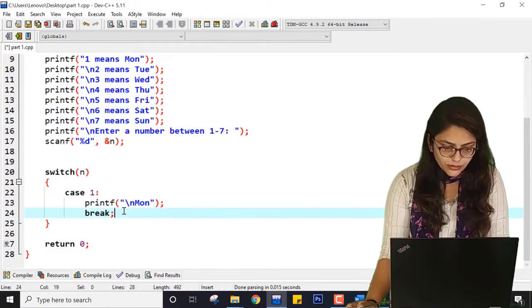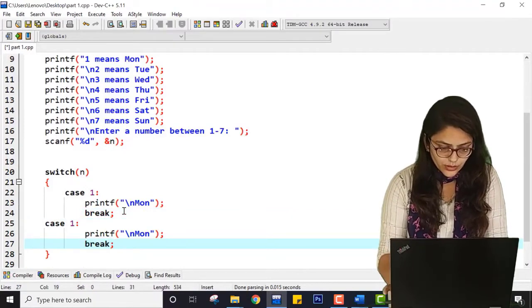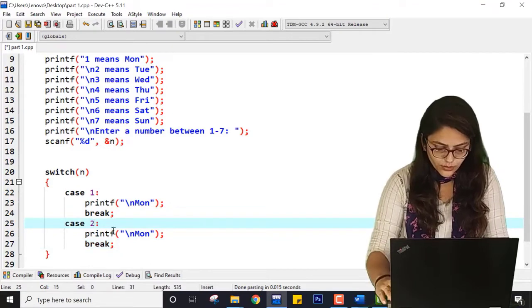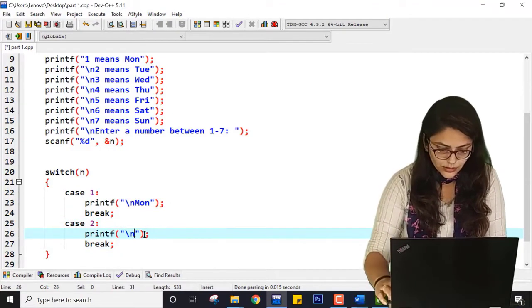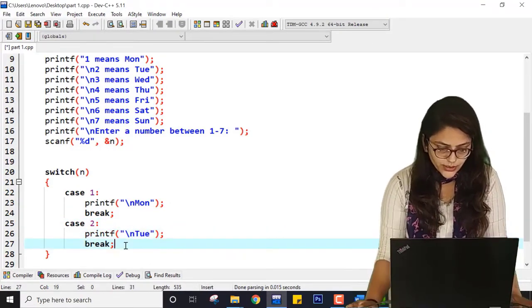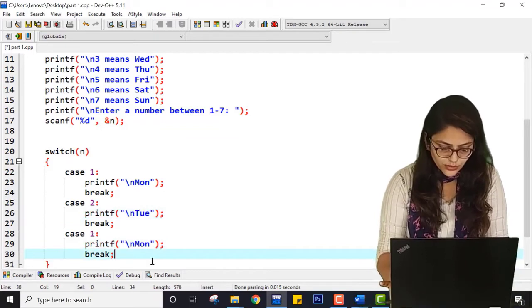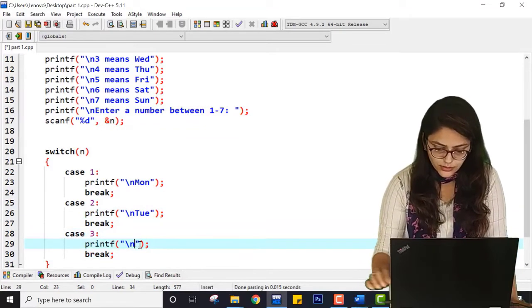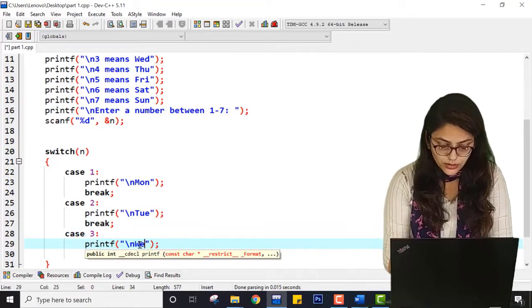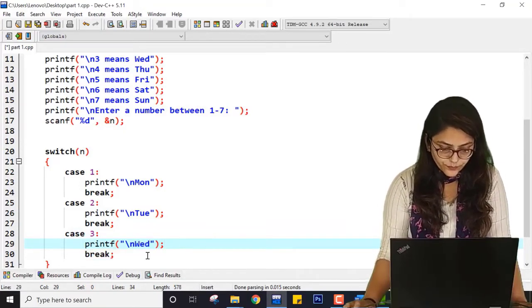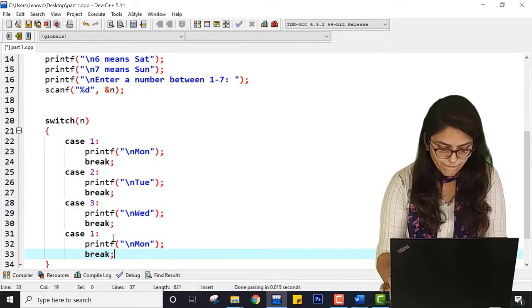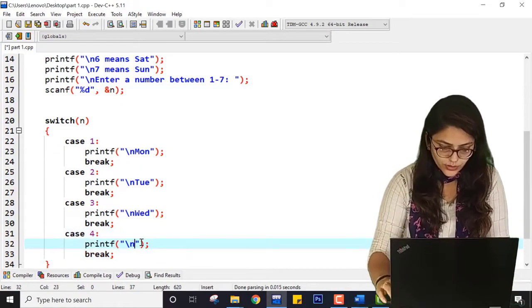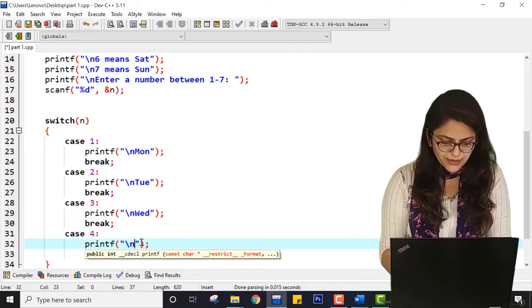Okay, and here it will be case 2, that means Tuesday, case 3, that means Wednesday, case 4, so much typing, right?